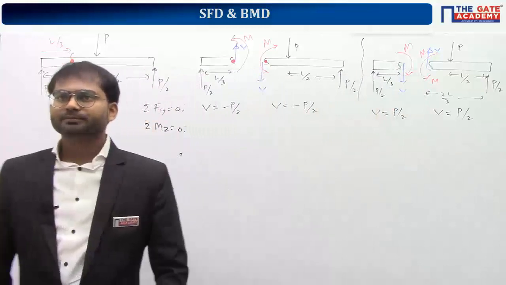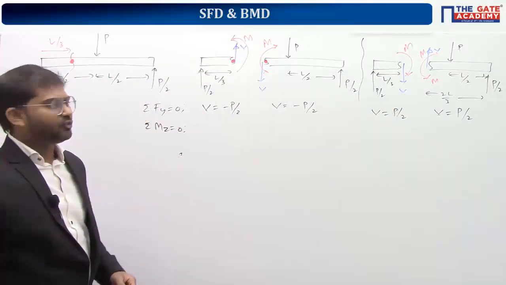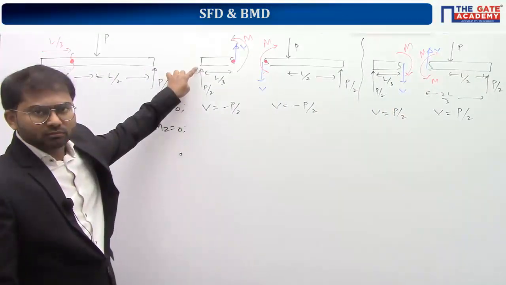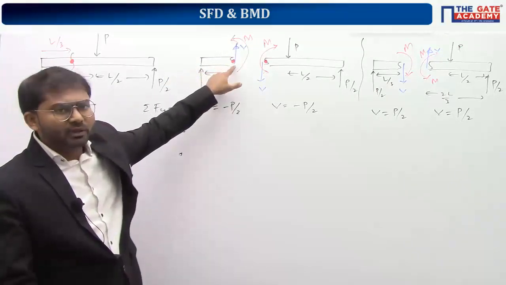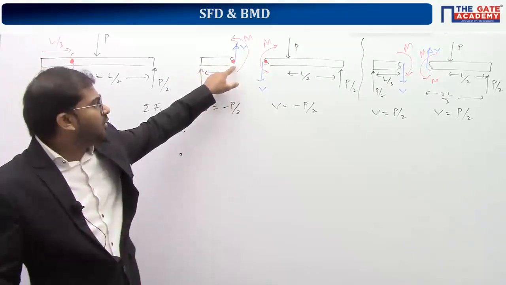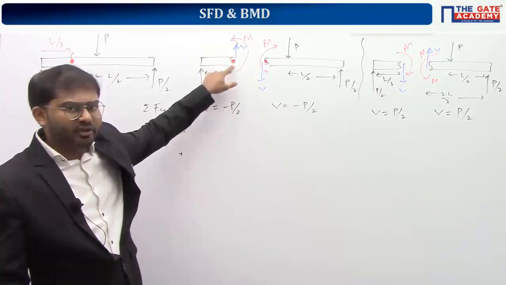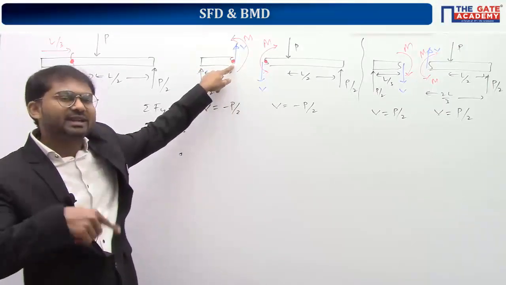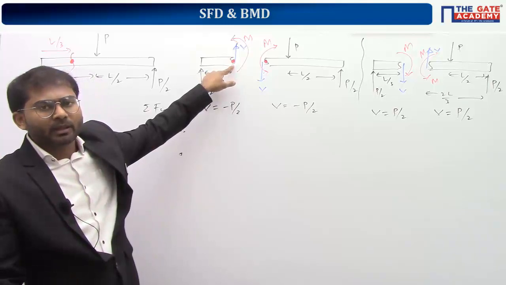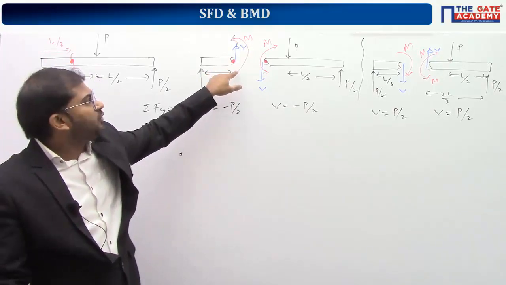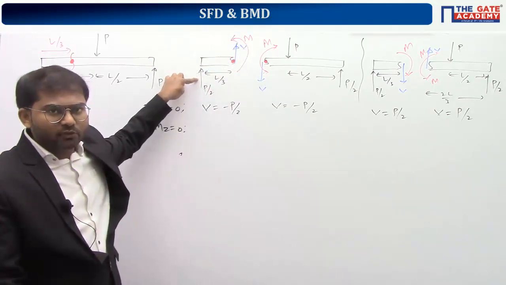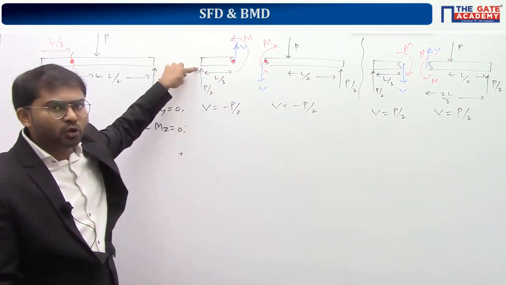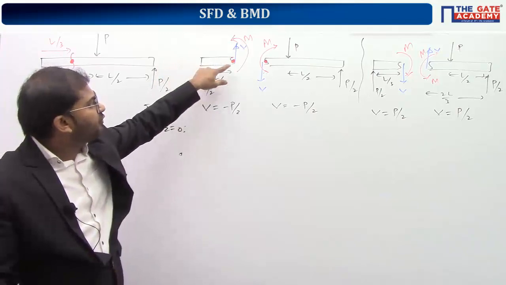Come on, do it. Here we don't need to take moments about the support only, because we are concerned with getting the value of M. I'm just letting you know that if you take moment about the point where you would like to get the value of moment, you can get the answer a little bit faster. Understand? Because the unknown value is M here, and P by 2 is a known value. If you take moments about the supports, the known value will go off and the unknown value V will come in.